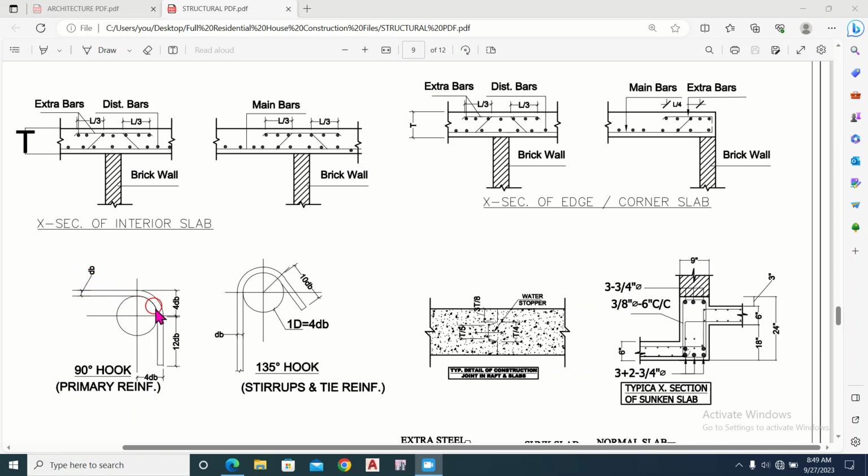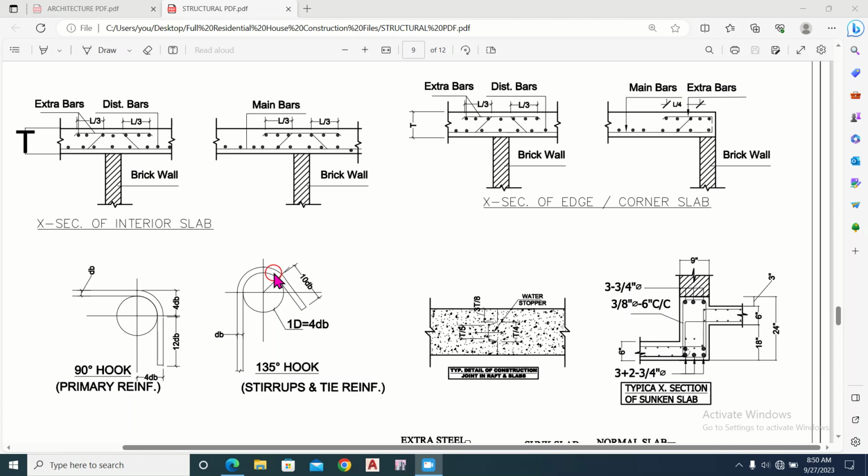in the reinforcement. This is the 90-degree hook, and here the diameter of this circular pin is equal to 6 times the dia of the bar, and the length of the hook, from here where the bend ends, the length of the hook starts, so from here to here it is equal to 12 times the dia of the bars. So in the 90-degree hook we have to provide the hook length of 12 times the dia of bars,